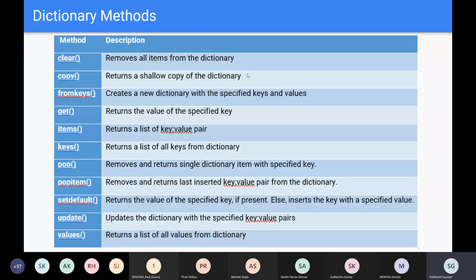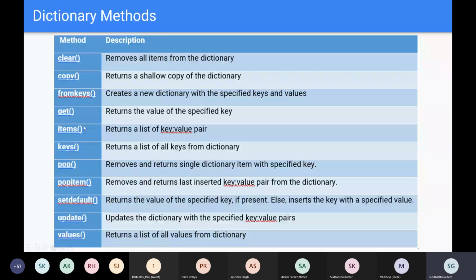Now let's see some other methods. We still have quite a lot of them, and we have seen pop, popitem, values, update, copy, clear, and keys and values, both of them. Let's see what happens when we print the items.